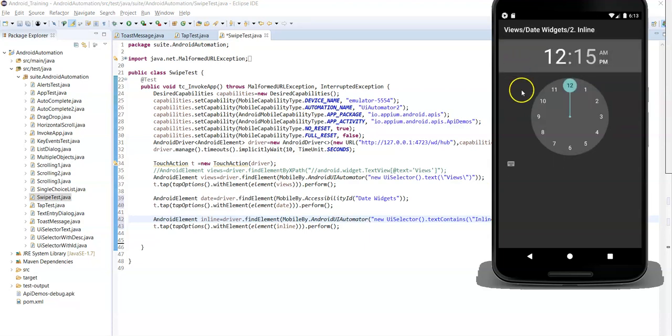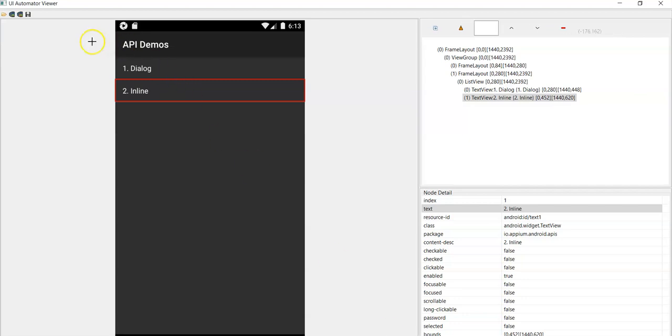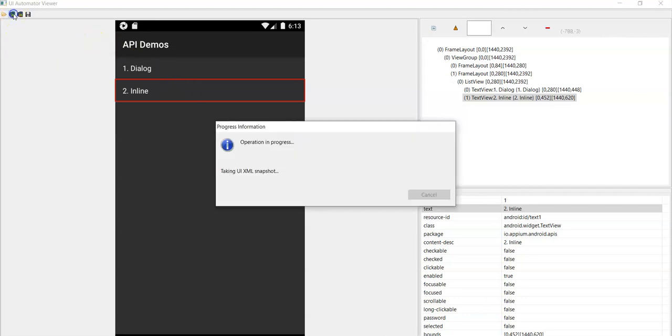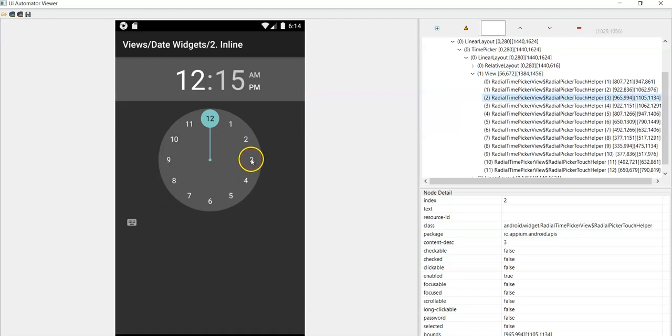Now actual test case begins here. So tap on 3, right? As per our test case we need to tap on 3. So for that we need to identify the locator of 3. So here click on 3.